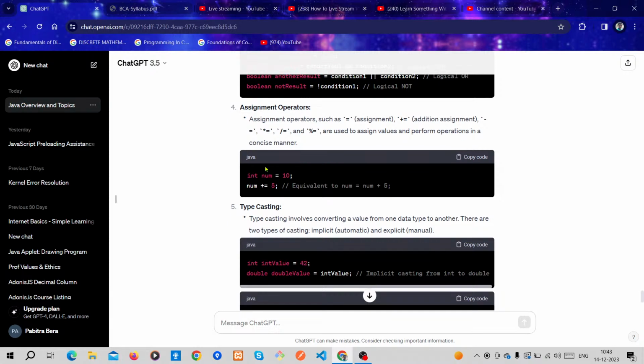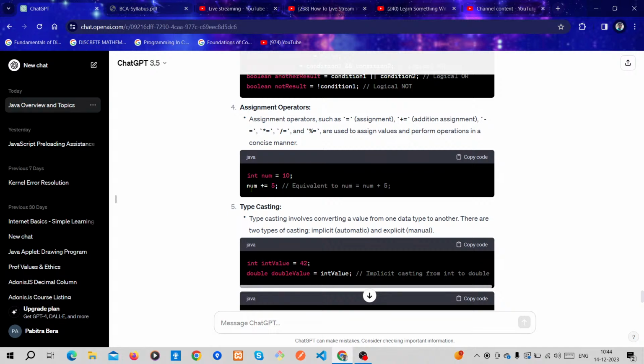Okay, int number is equal to 10, then number plus equals 5 means number is equal to 10 plus 5. This is a short method to update the value.